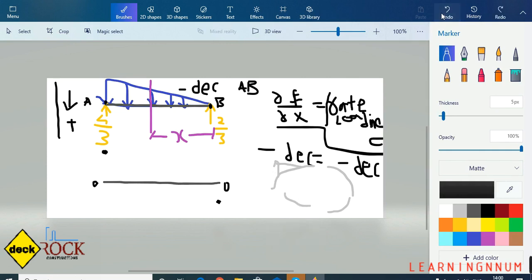So what was that curve? Negatively decreasing. So first of all, join these two. So how would shear force be zero? For that you need to take a section outside of B here and outside of A here. On the left of A there is no loading, so obviously shear force would be 0. Similarly, on the right side of B there is no loading, so obviously shear force would be 0, right? Now what you have to do? You have to join these 2 points by a negatively decreasing curve. So join it.